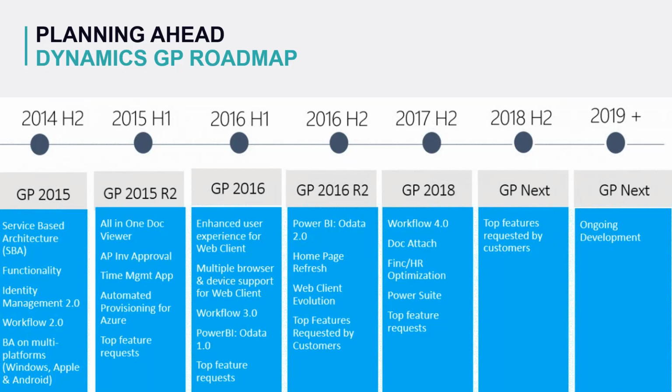So GP 2018 will be supported until 2023, and each version is typically supported for about 5 years or so. At one point, Microsoft was on a rapid release cycle, meaning that every 6 months, a major version was released and then a minor version. So for example, in early 2016, GP 2016 was released, and then 6 months later, GP 2016 R2 was released. Each minor update was packed with more features and functionalities, so it wasn't just a quick jump to get to that minor release. It did include a pretty major upgrade, and so it just